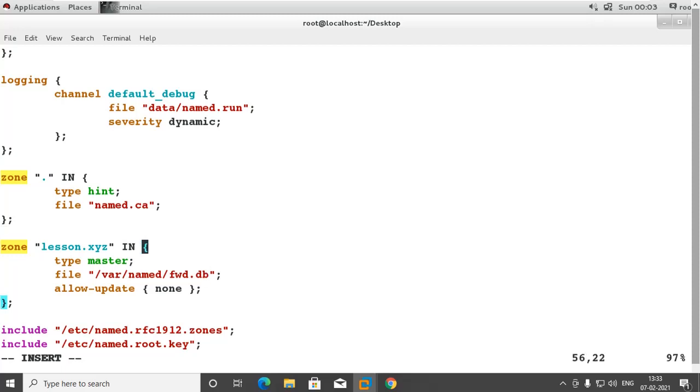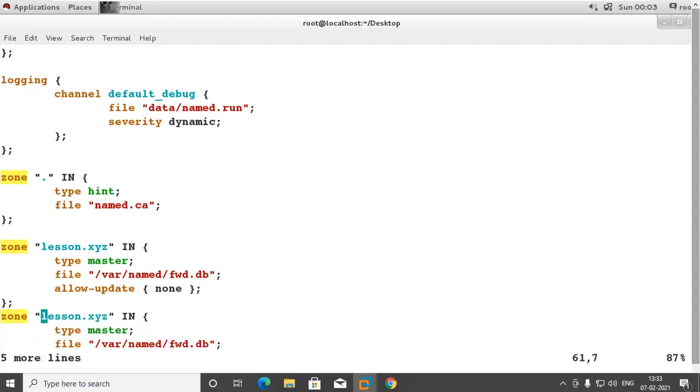So this will create the zone file for the forward lookup zone. Now we will create the zone configuration for the reverse lookup zone. So now I will copy these 5 lines and paste it here. I'm working with an IP address of 10.20.30.1.